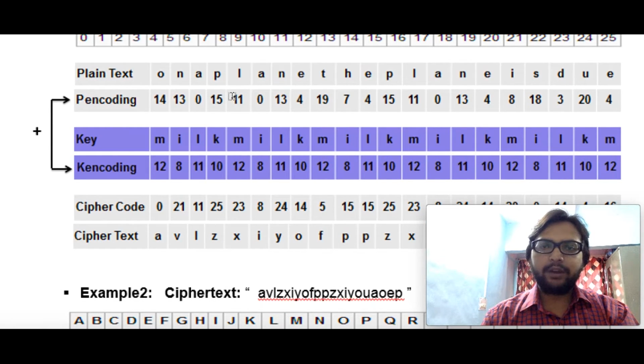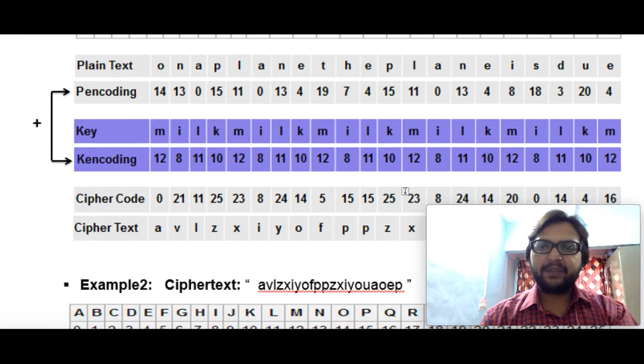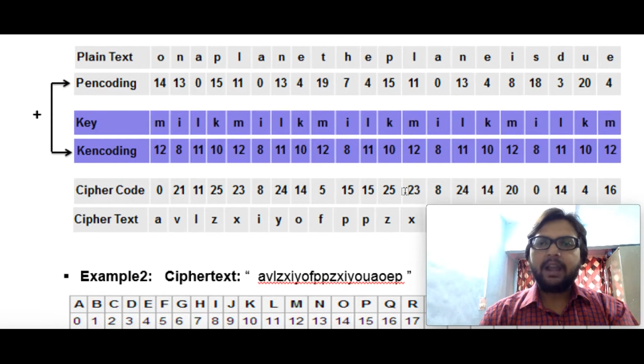The same way we are going to add all pen coding numbers with key coding numbers. If at any point our addition is greater than or equal to 26, then we need to subtract 26 from it, and the remaining number we are going to write here. So this is the pattern of how we generate cipher text using Vigenère Cipher. The first pattern, the wheel pattern, was very basic and not much popular. This is